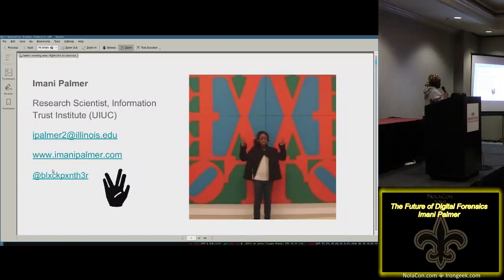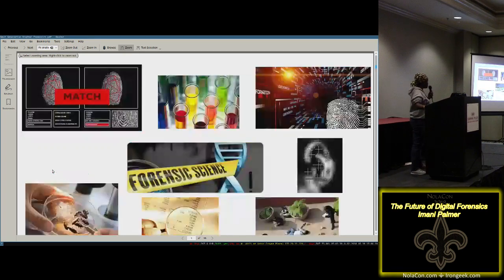So right now I'm a research scientist at the Information Trust Institute. Basically, I just didn't leave U of I. I'll look for a job eventually, but no rush right now. You can look me up, have some fun, yell at me, hit me up on the email. I'll get back to you eventually. If you see me, Black Panther on Twitter, I like Black Panther before the movie, just to be very, very clear. I was much a nerd back then, a while ago.